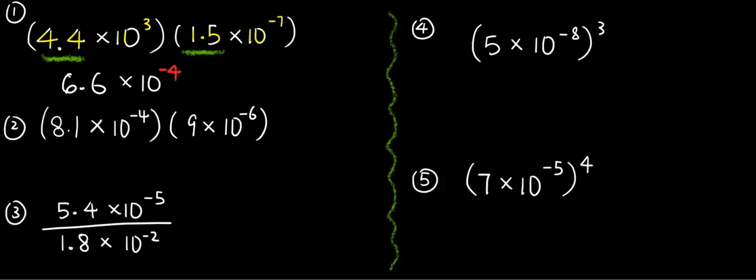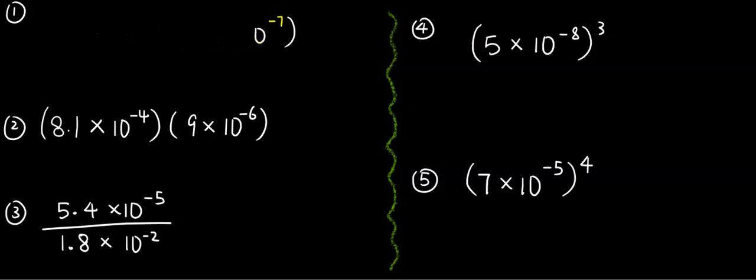Okay, question 2 and question 1 are exactly the same type of question. Why don't you pause this video, see if you can calculate this all by yourself, then come back quickly. We can check the work together. All right, did you multiply these two numbers together? 8.1 times 9 gives us